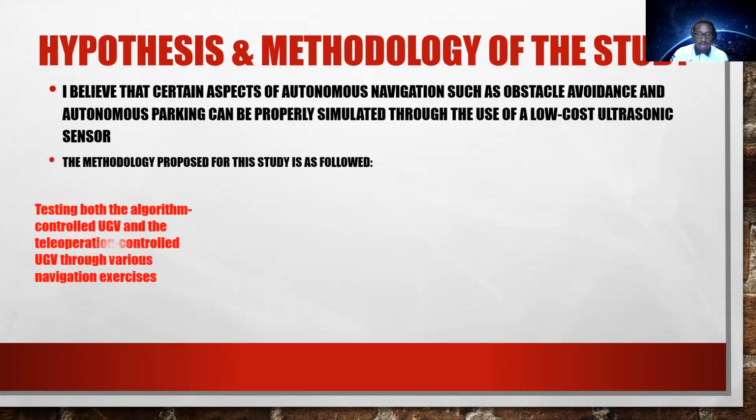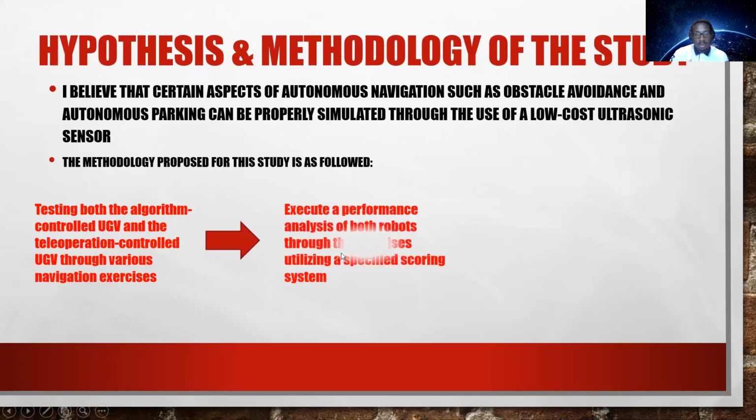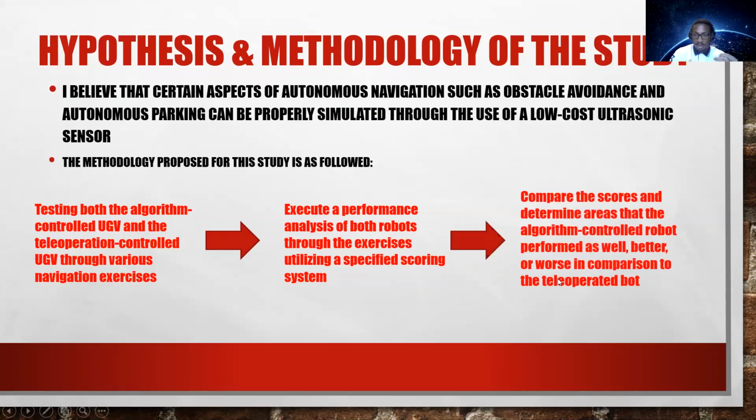And the methodology I proposed for the study was to first have the algorithm controlled UGV and the teleoperation controlled UGV. And just for those that don't quite understand, teleoperation is essentially a robot being controlled through human input, so basically like a remote control. So I was going to have both of those robots go through various different navigation exercises. And from there, I was going to execute a performance analysis on both robots to determine which one is performing better in certain areas. And like I just said, with that, I was going to compare the scores and determine in what areas the algorithm controlled robot does better, as good, or maybe even worse than the human controlled